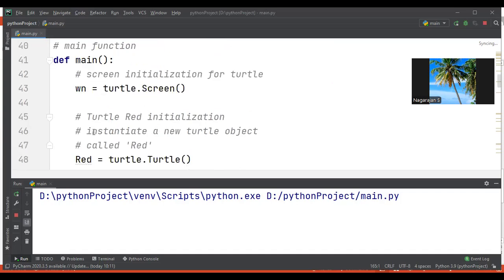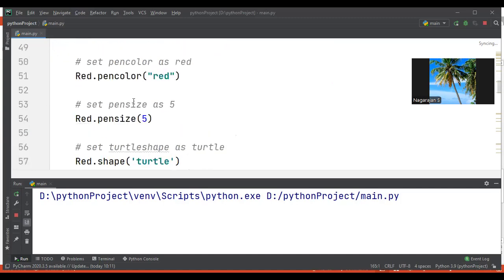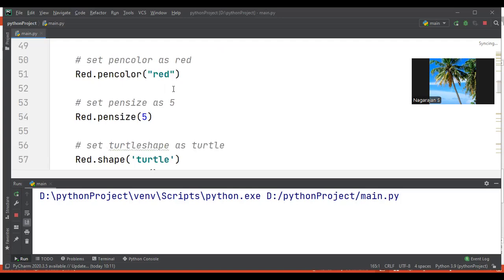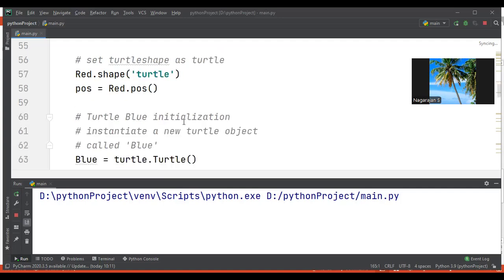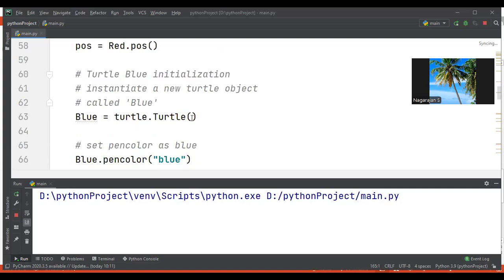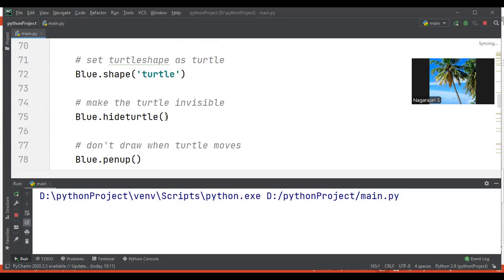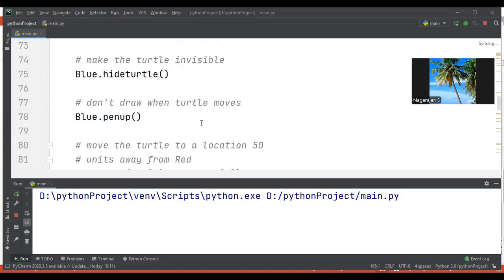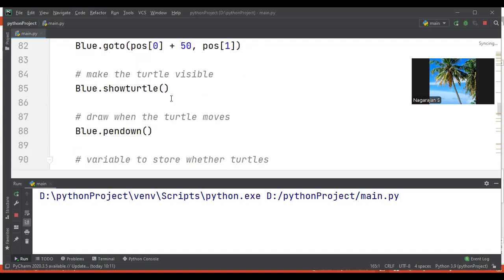Then the main function, which is very important. In the main function we are invoking the turtle.Screen method and initializing it. Then we call red equal to turtle.Turtle(). Then red.pencolor, the red, because we are using red and blue. Then we write the pen size, and the shape as turtle. Then we do the blue one; for blue also we follow the same concept. To make the turtle invisible, you can give blue.hideturtle(). Then you can call blue.goto, and then blue.showturtle(), and then we display the